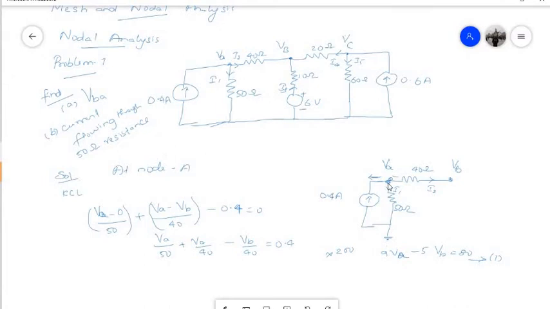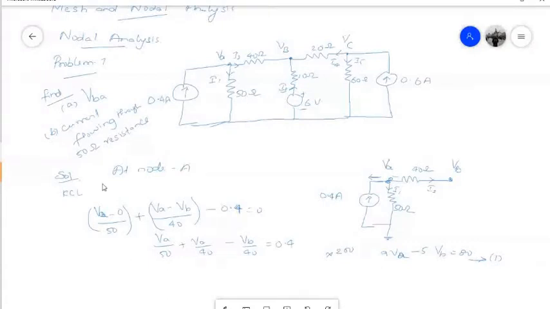Okay, so this is for analysis purpose, and finally when we find the actual value of VA and VB, and let us say we found out that VA is not actually at a higher potential, then we will be getting a negative value of current. So ultimately this is for analysis purpose. Please ask if you have any more queries. Okay, so I have not completed this problem. So when we discuss one or two more examples, you will come to know. Fine.